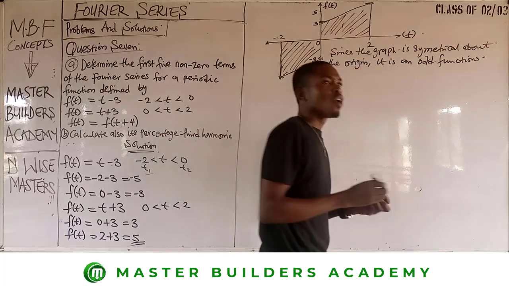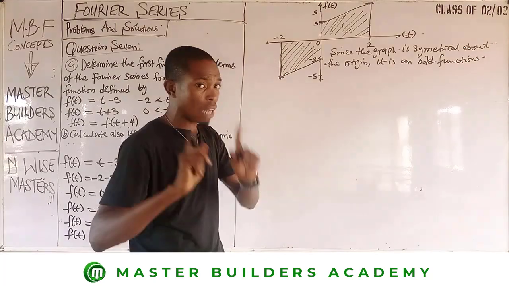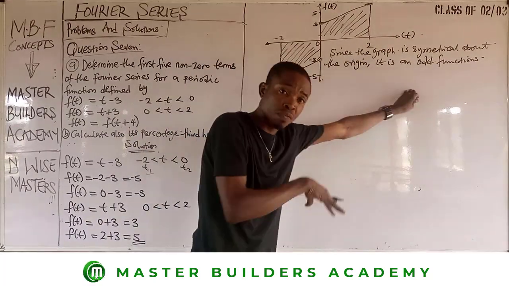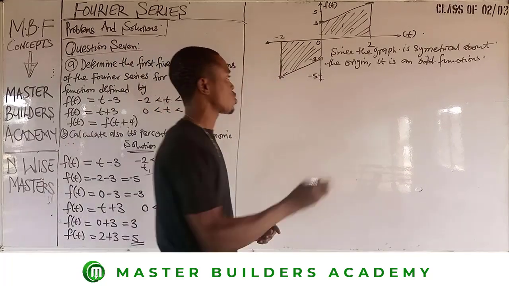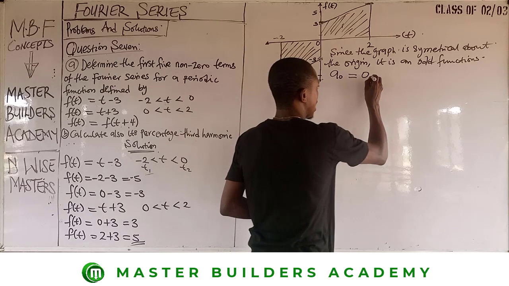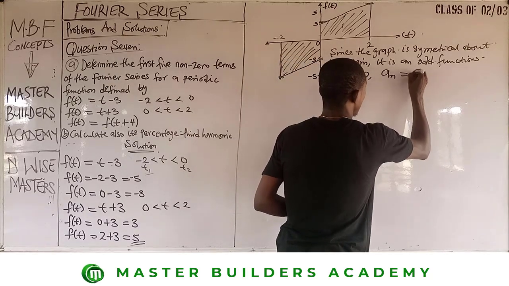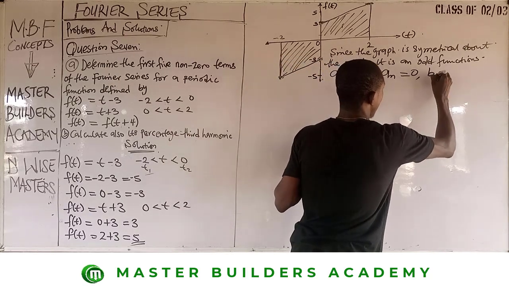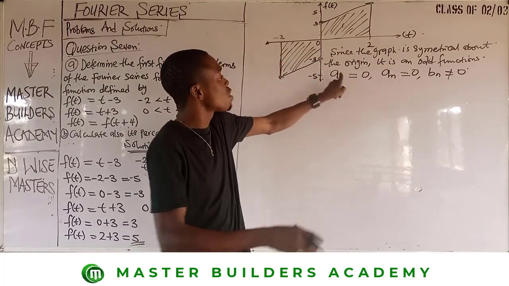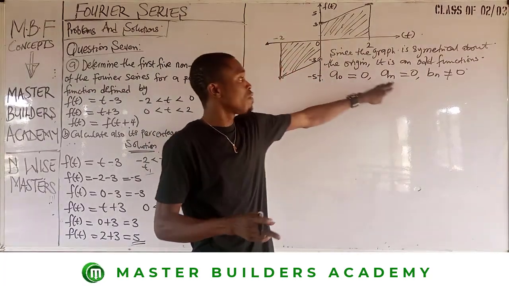So you now recall, for every odd function, applying the theory of odd function, a naught is equal to 0, and an is equal to 0, but bn is not equal to 0. So automatically, we already know the value of a naught, we know the value of an,